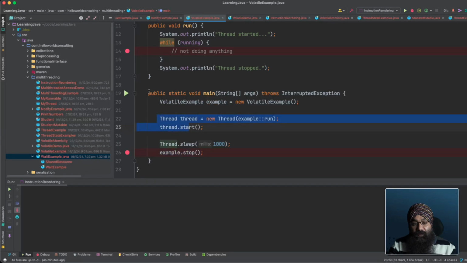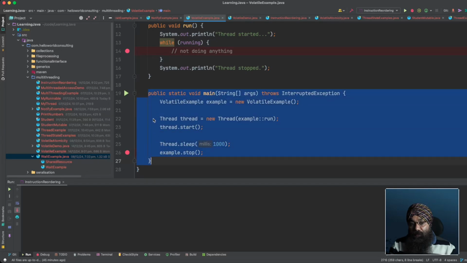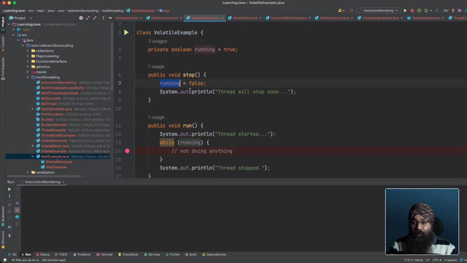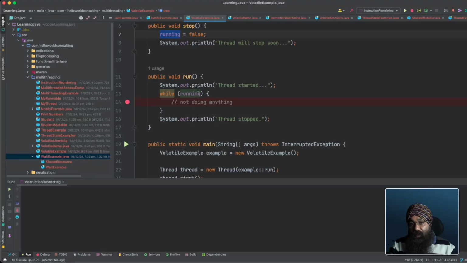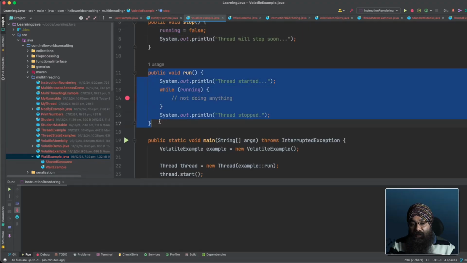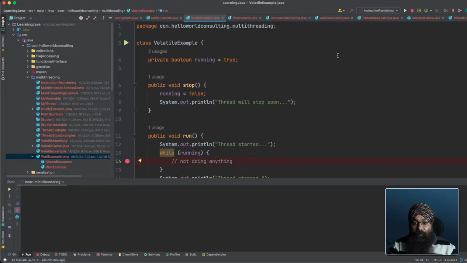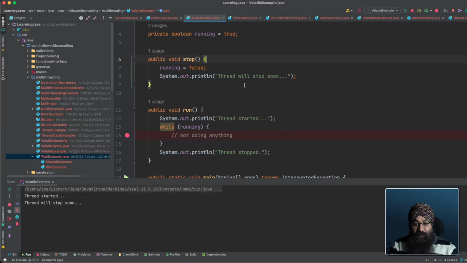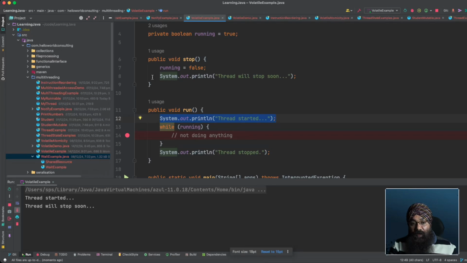This is a new thread, and the original thread where we are executing is another thread. We can say that this is thread A and this is thread B. But any change in thread B that we do to this running boolean variable should reflect in thread A as well. Thread A is running this run method, but here it is a simple boolean variable. If we run this class, we can see this line has printed thread started. Okay, then this line has also printed thread will stop soon,